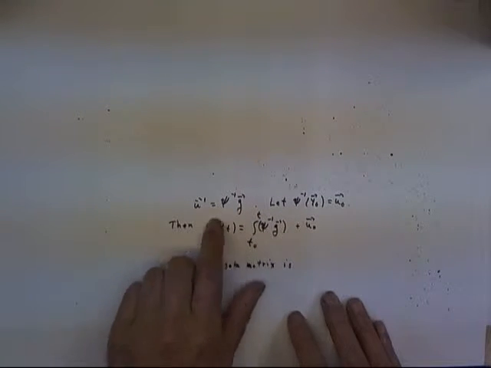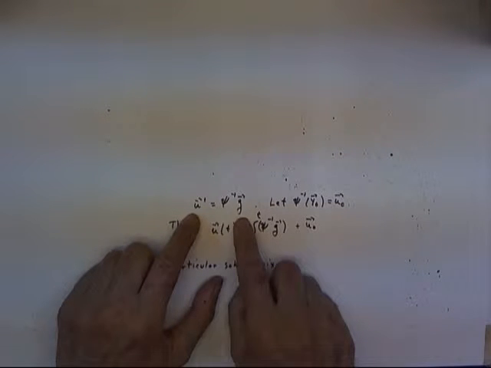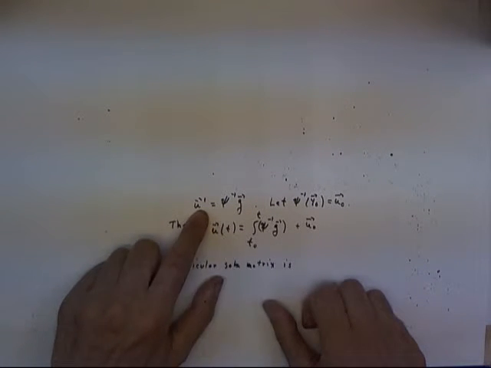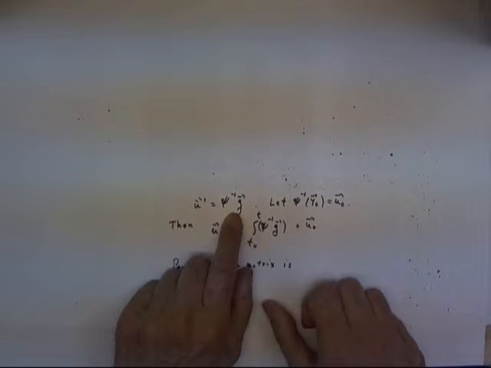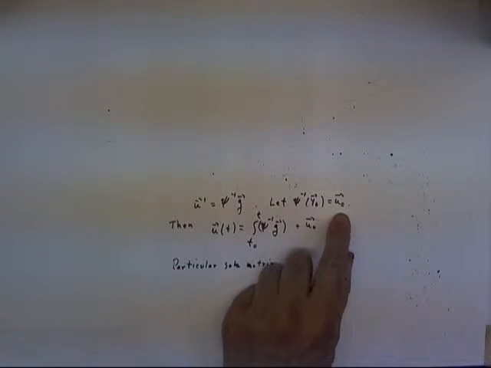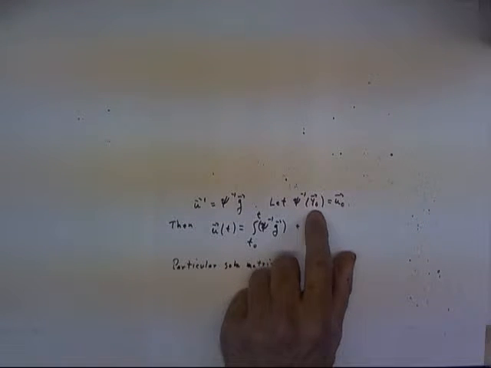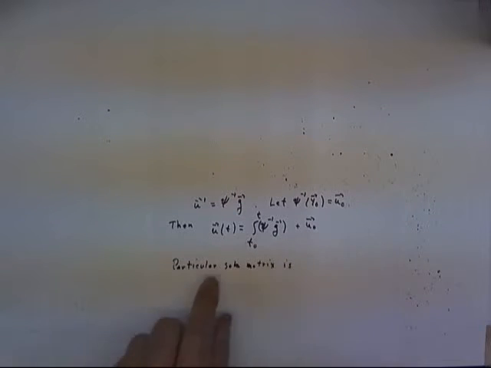So, writing that down again, u prime equals psi inverse g. And we want to find u, so we're just going to have to integrate. Now, it's going to help in the integration if we have a u naught, which is just psi inverse times our y naught. Remember, we had y of t naught equals y naught. So if we let psi inverse of y naught equal u naught, then